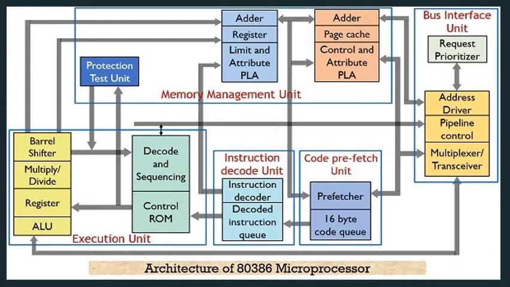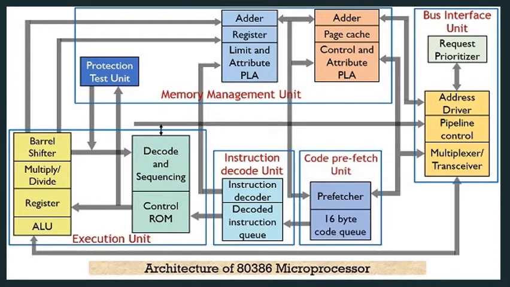Let us first discuss about the segment unit. The segment unit uses two address components, namely segment and offset, to relocate and share code and data. The segment unit allows a maximum segment size of 4 GB. The segment unit has 4 level protection mechanisms to protect and isolate the system's code and data from the application program.